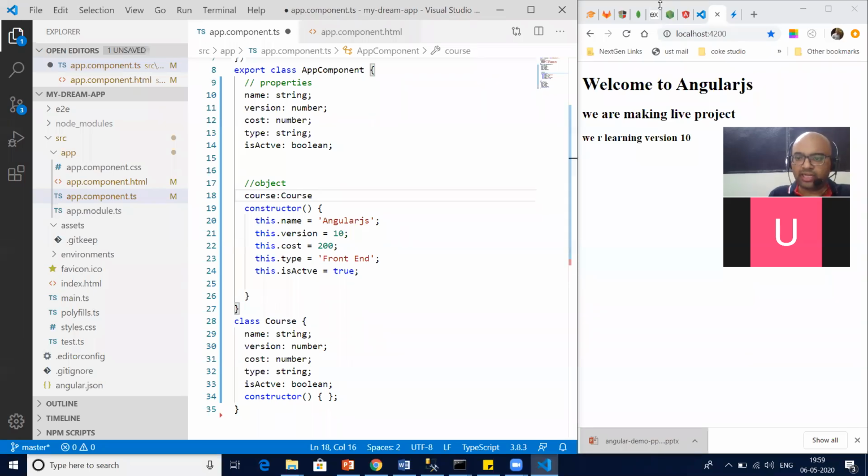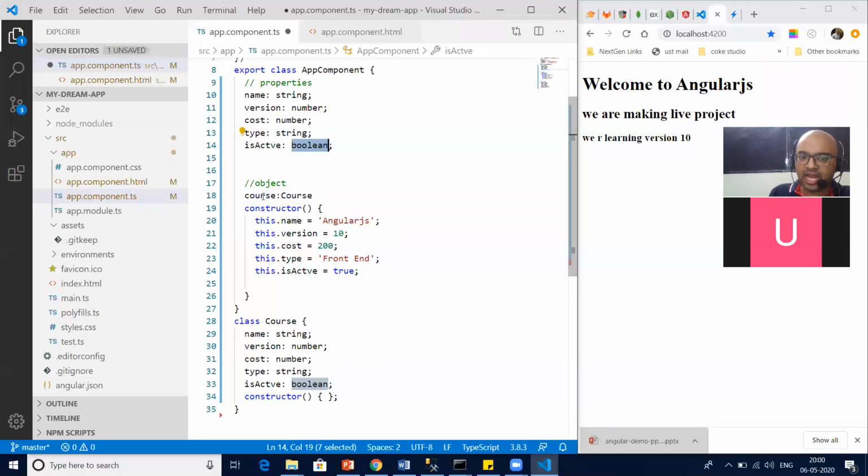And how to create object? Okay, someone says please repeat again. It was Mehboob. Okay, so Mehboob, just like we have created a name property, which is a string type, version property, is it number type? Is active property of my class is boolean type.